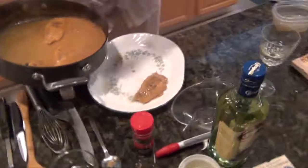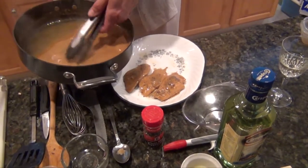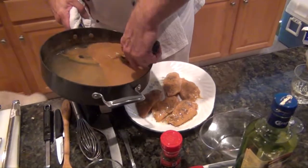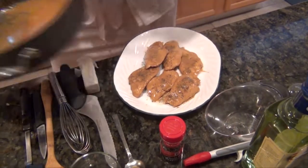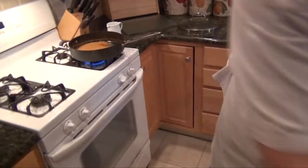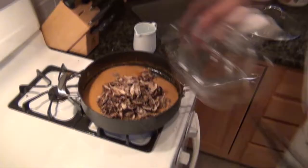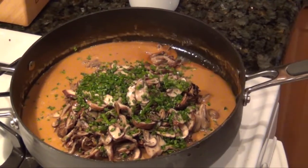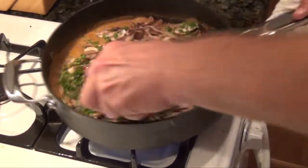Okay, now I'm going to put the chicken cutlets back on the plate. Okay. Now we're going to put our mushrooms into the sauce. We're at the end now. And then we're going to finish with some chopped chives. Now, the only thing left to do now...